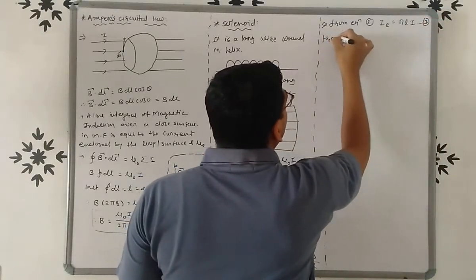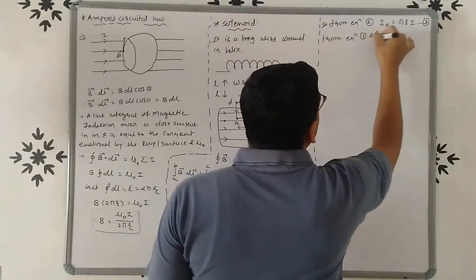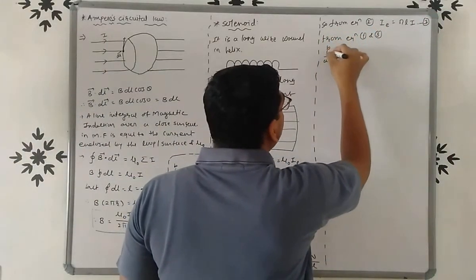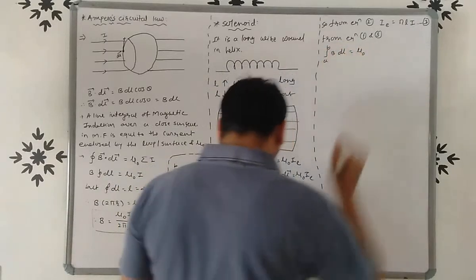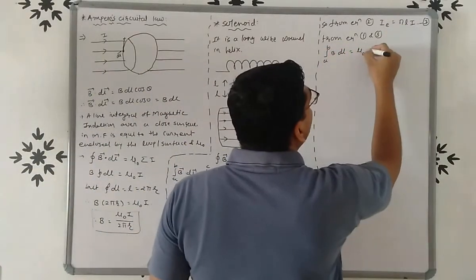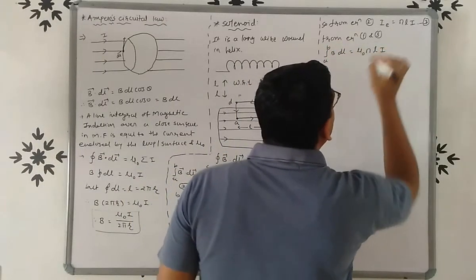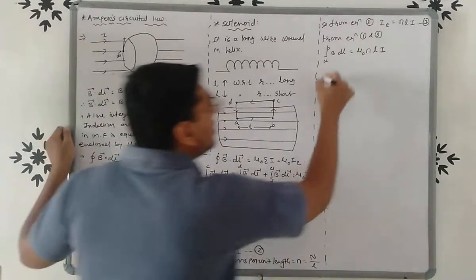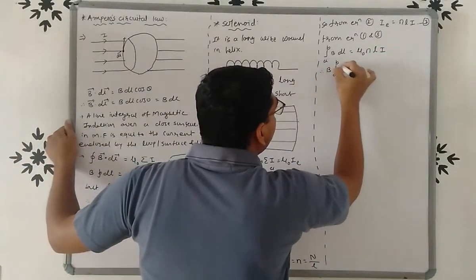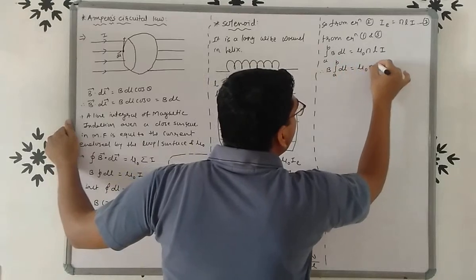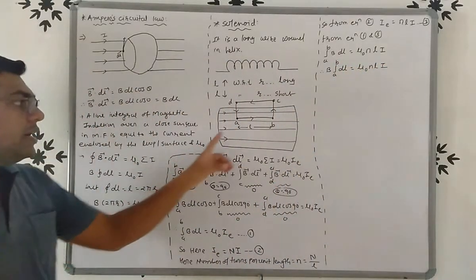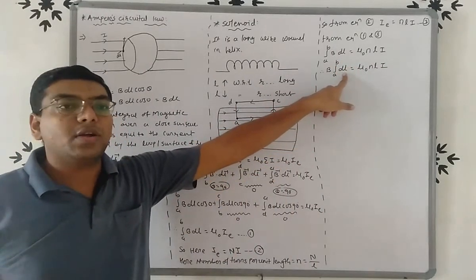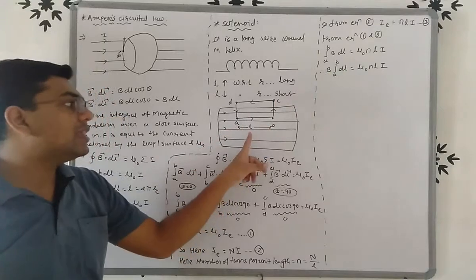So from equation 1 and 3, integration A to B, B dl is equal to mu 0 times the value of IE, that is small n, L into I. But we know that here we take B common, so integration A to B dl is equal to mu 0 n L I. But here integration A to B dl, if we take the integration of the component of length from A to B, we will get the total length L.